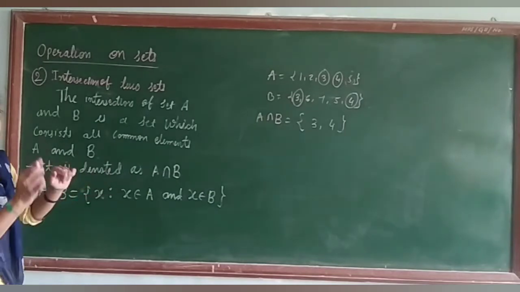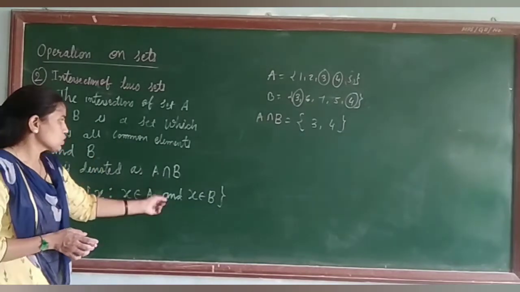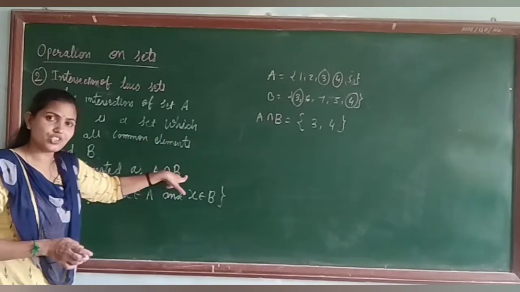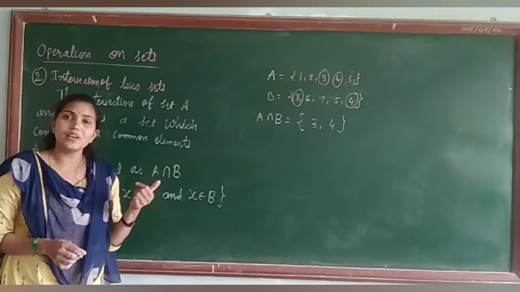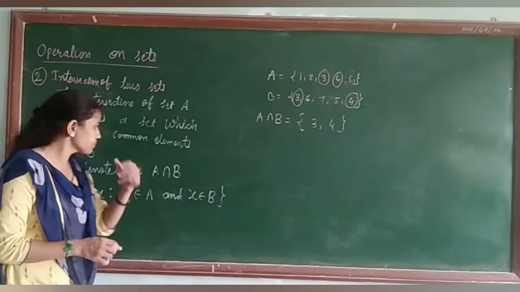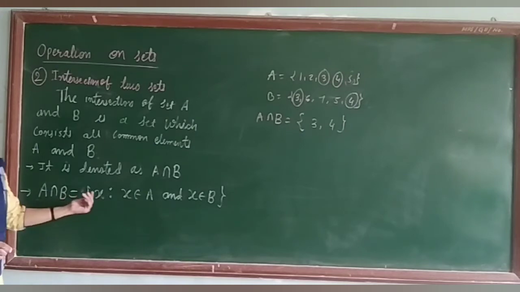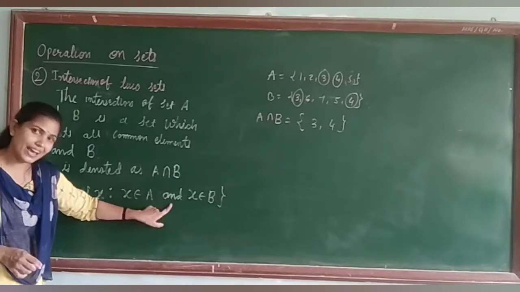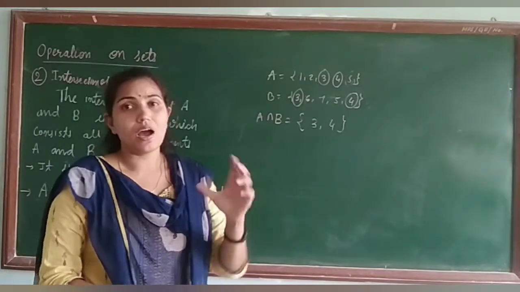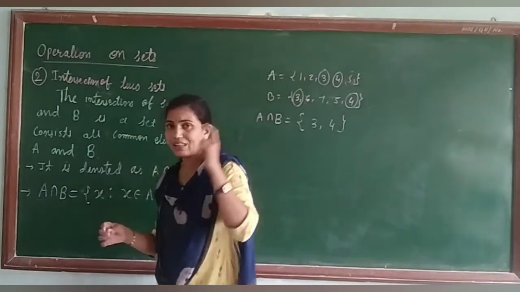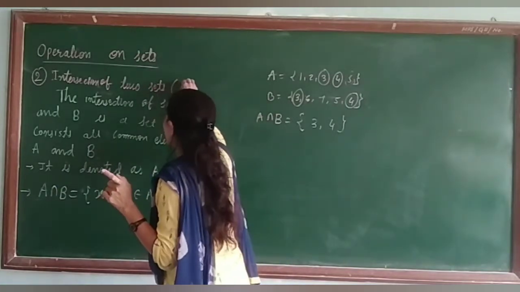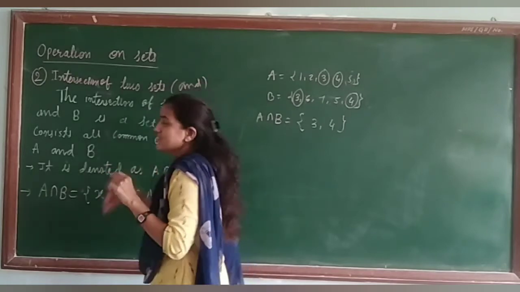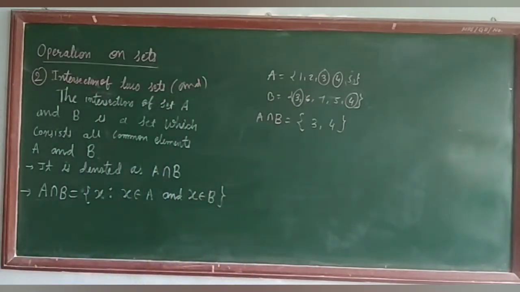It is denoted by intersection. It is the reverse operation of the union. A intersection B, and it will be read as A intersection B. If I write it in set-builder form, then there is an X such that X belongs to A and X belongs to B. तो यहाँ पे क्या था जब हमने यूनियन की बात की थी, at that place there is an "or", here we have an "and". So this is the difference, "and" and "or". This is called the intersection of the sets.